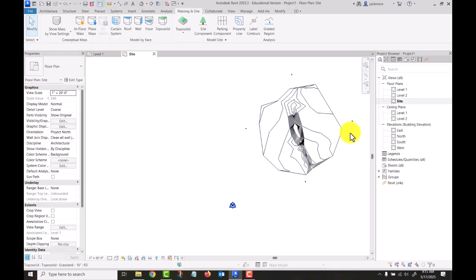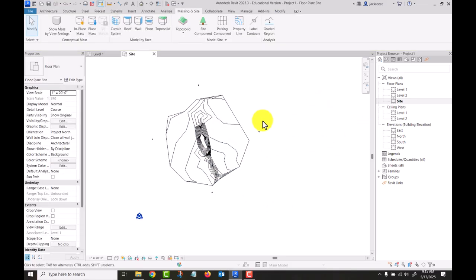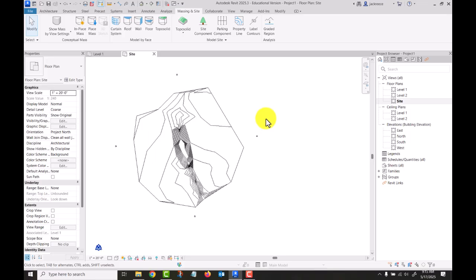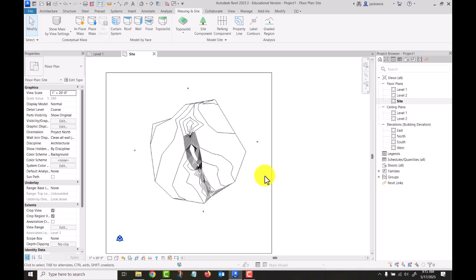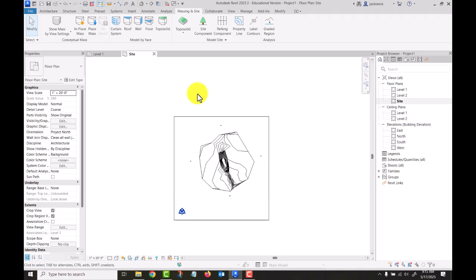Okay, so I got those moved, and we're not going to be doing the elevation views, so not that critical to us. But let's turn on our crop region so that we can see what that is. Okay, so that includes everything that we've got there. All right, so we've created this